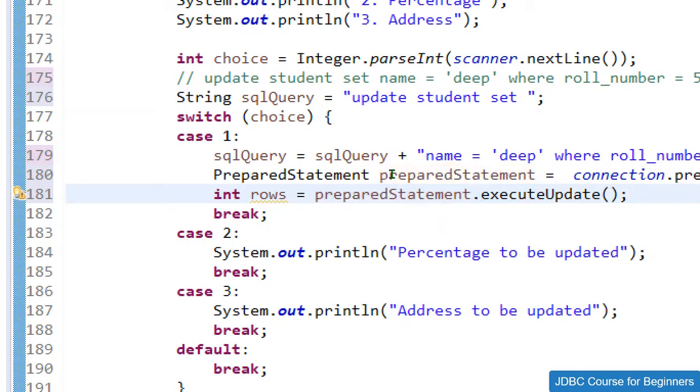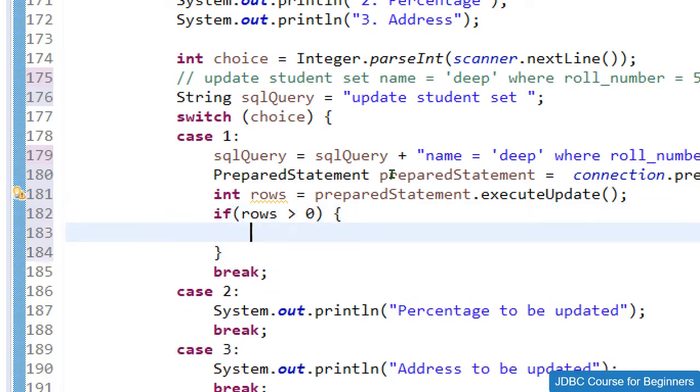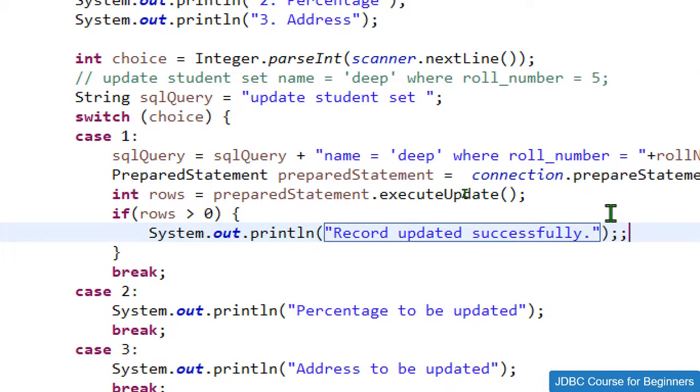If rows are greater than 0, then that means the record was updated successfully. So let me give System.out.println record updated successfully like this. Let me give the semicolon at the end.